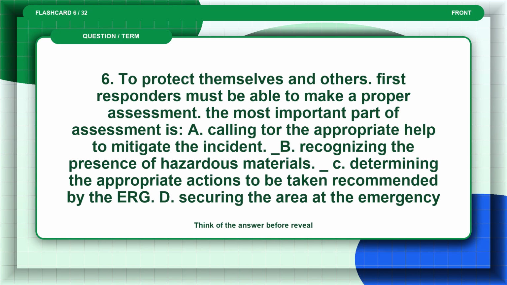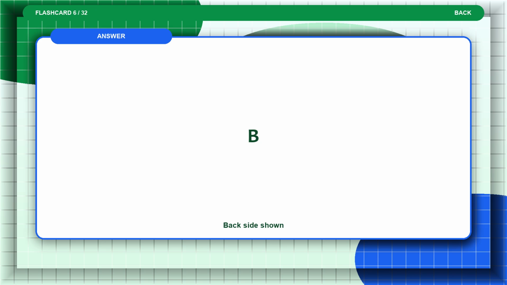Flashcard 6. To protect themselves and others, first responders must be able to make a proper assessment. The most important part of assessment is: A. Calling toward the appropriate help to mitigate the incident. B. Recognizing the presence of hazardous materials. C. Determining the appropriate actions to be taken recommended by the ERG. D. Securing the area at the emergency. Think of the answer before the reveal. The answer is